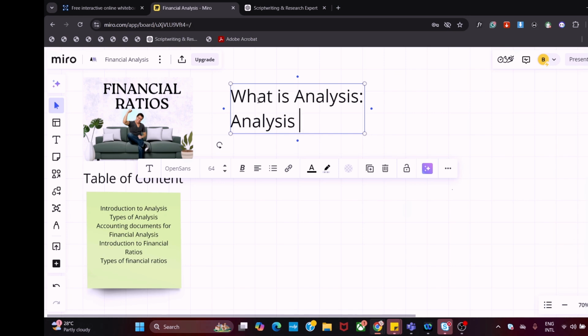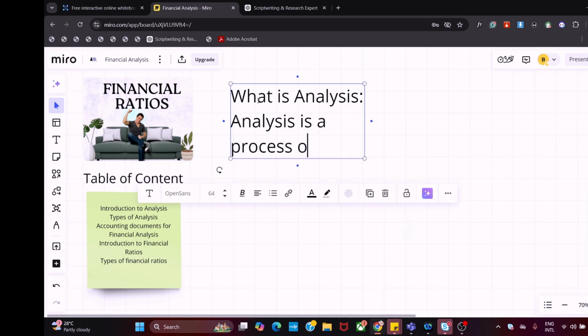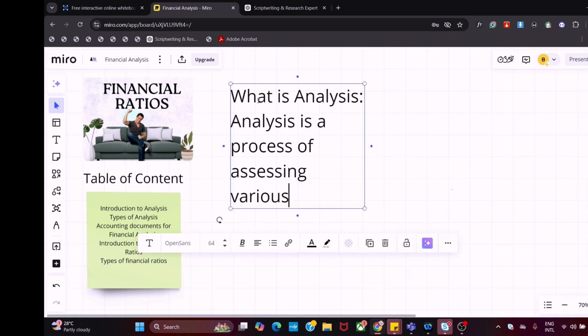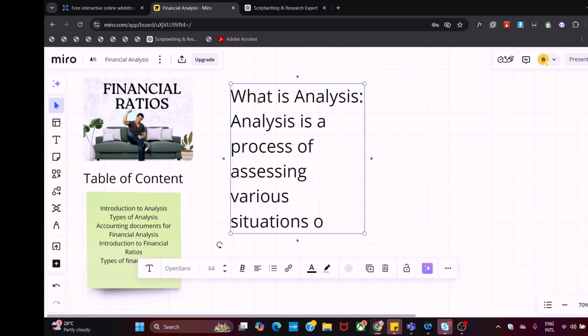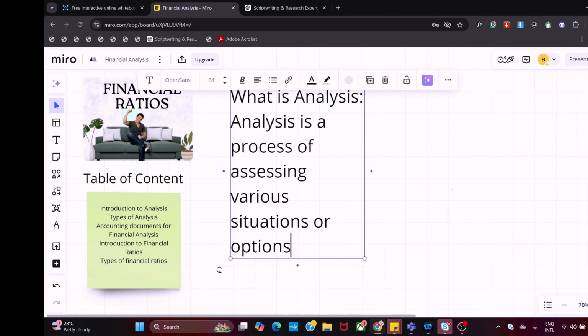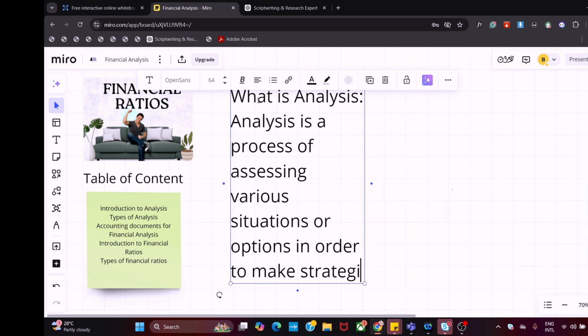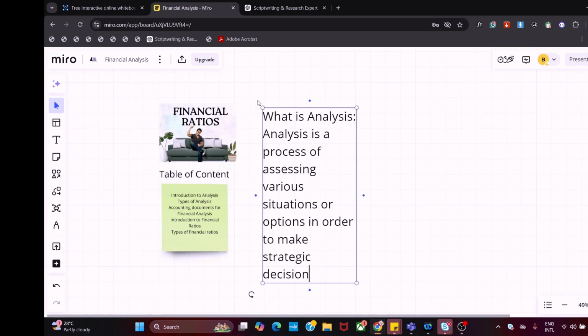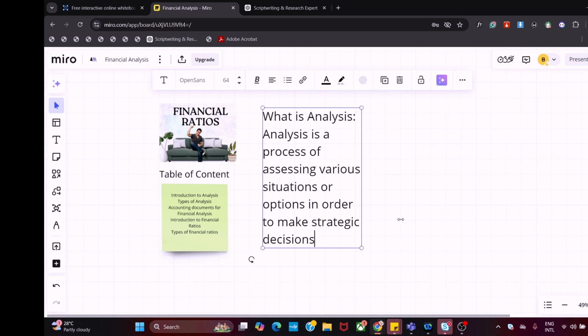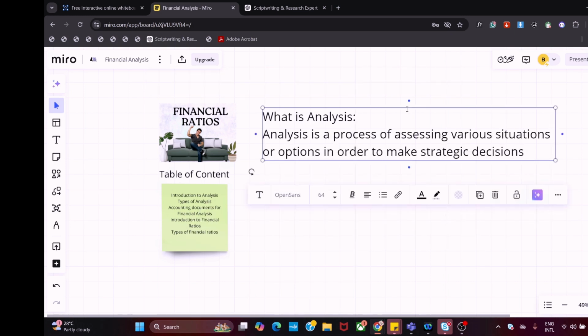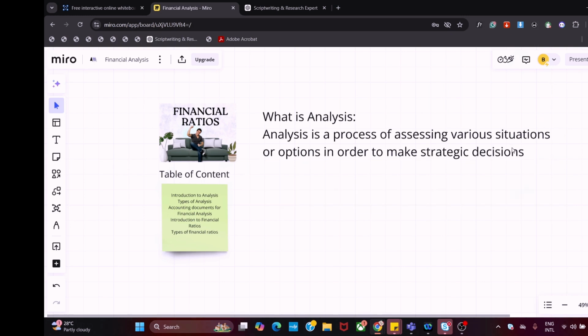So analysis is a process of assessing various situations or options in order to make strategic decisions. Okay. So now when you are actually making an analysis, you are actually trying to make a decision from